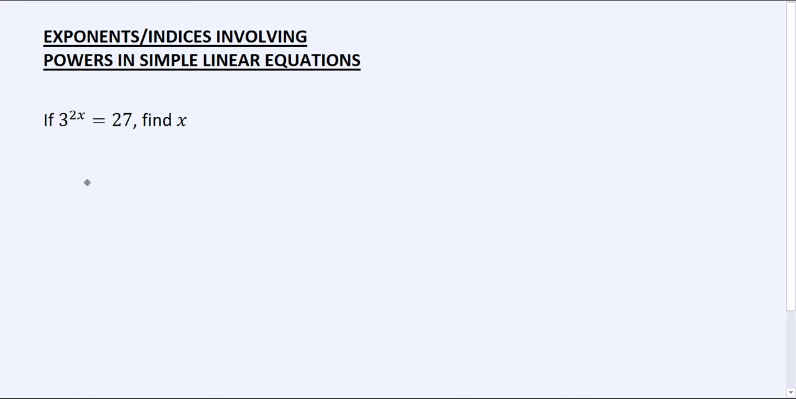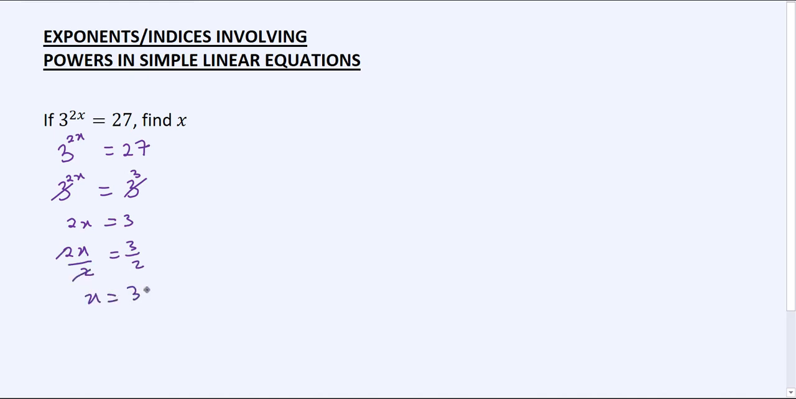Now we're going to pay attention to the variable x we're solving for. We'll have 3 raised to the power 2x is equal to 27. 27 can also be written as 3 raised to the power 3. So let's say 3 raised to the power 2x is equal to 3 raised to the power 3. Now we have the same base. We can now cancel the base because they are the same. So we are left with 2x is equal to 3. To solve for x, we can divide both sides by 2, the 2 cancels out, x is equal to 3 over 2,